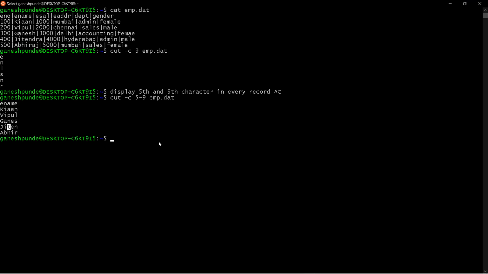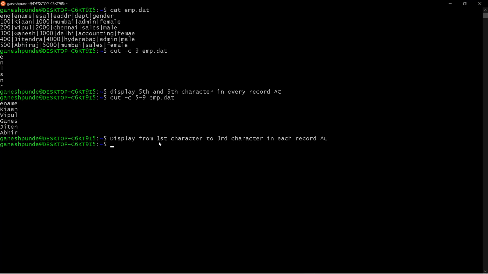Now suppose we have a requirement. It says display from the first character to the third character in each record, right?